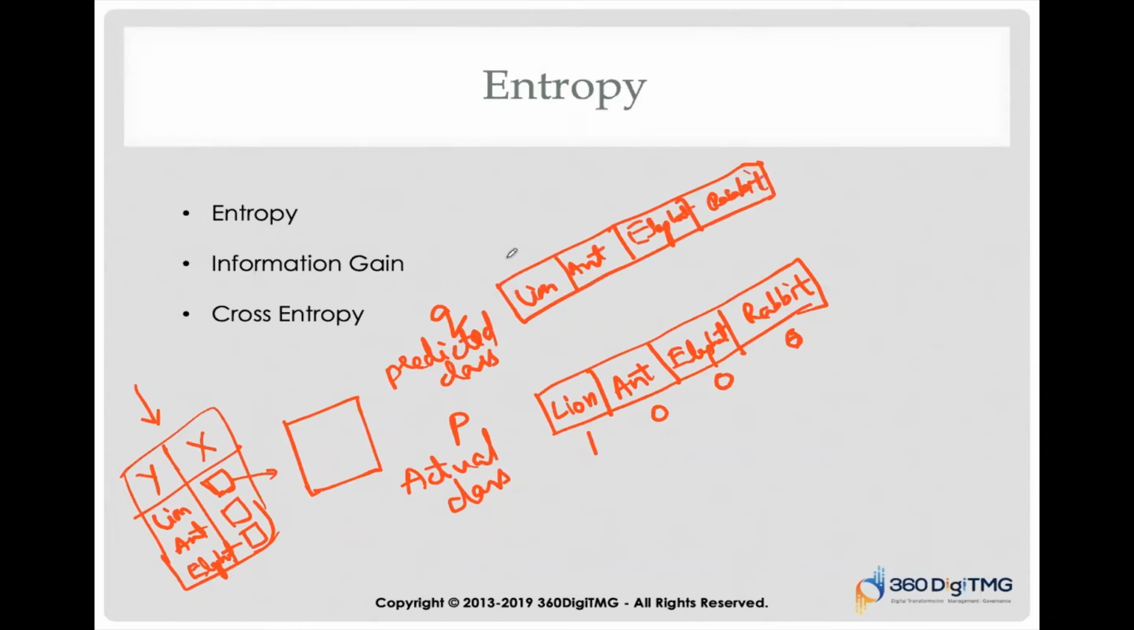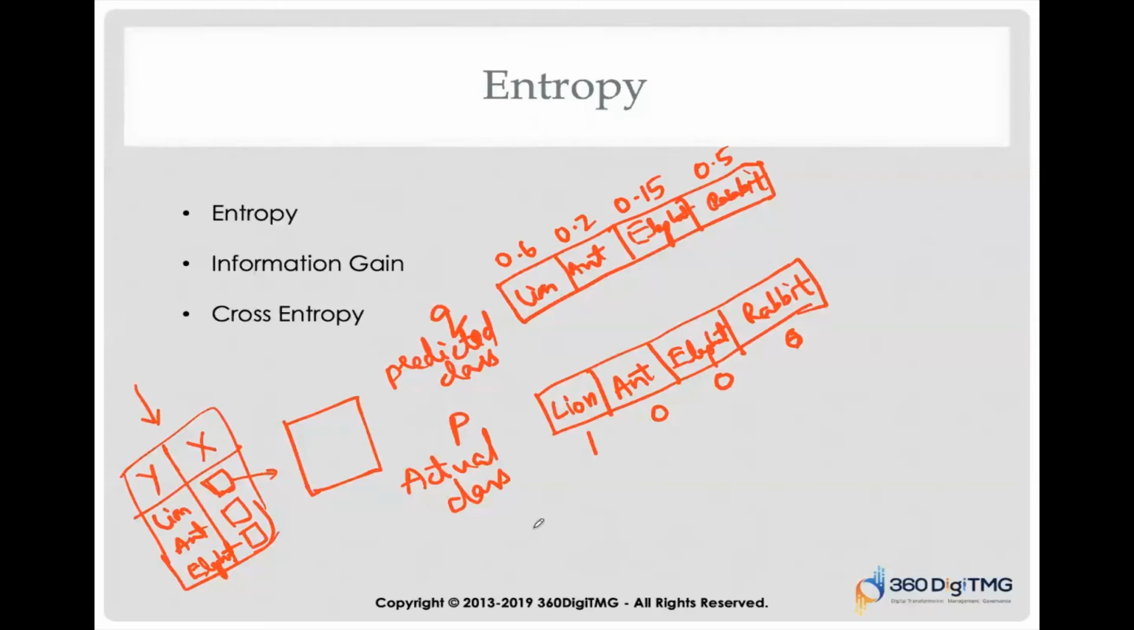Say it gave you probability that there is 0.6 that this is lion, there is 0.2 probability that it is an ant, 0.15 that it's an elephant, and 0.05 that it is rabbit. Overall, it will sum up to 1, because probability of all the values when you add, it will give you anyways 1. Now,